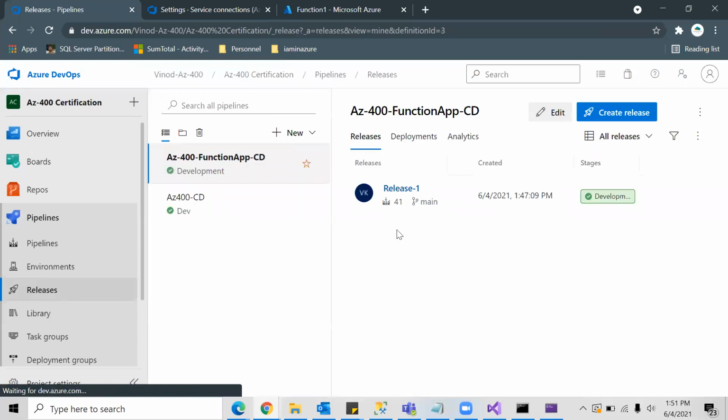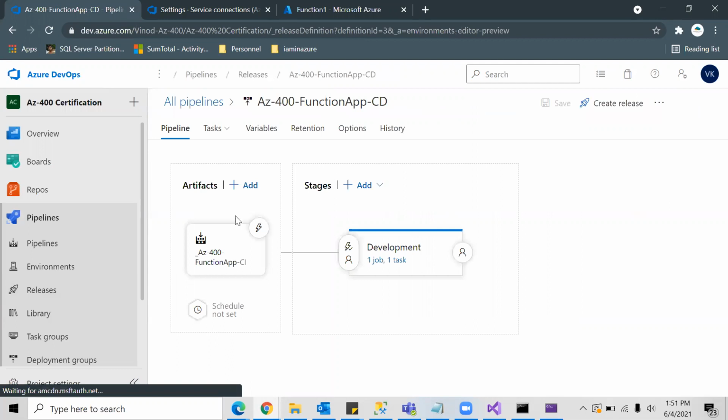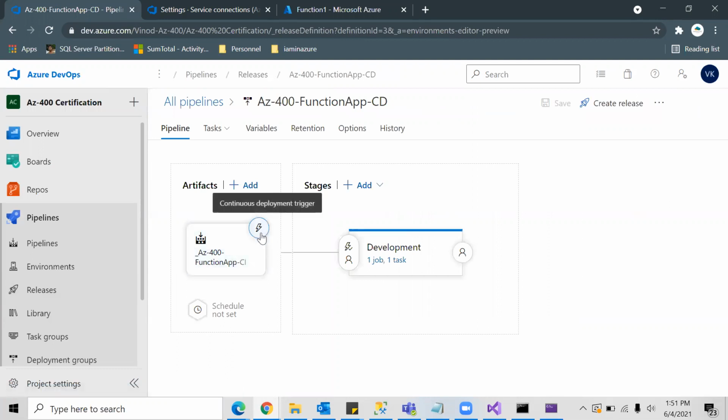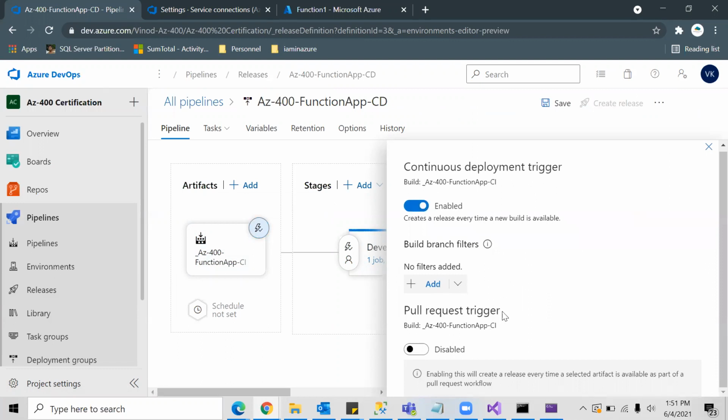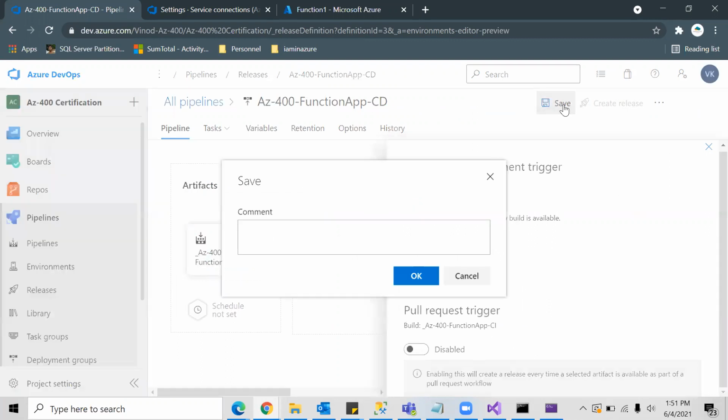Similarly, when you go to release and edit, here you will see a trigger point. When you hit that, by default it is in disabled state. We can just enable it, and it will be looking for this build from the CI pipeline. Once this is done, you can just save it.